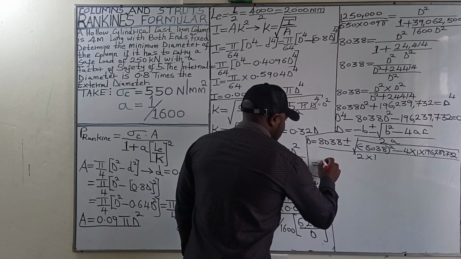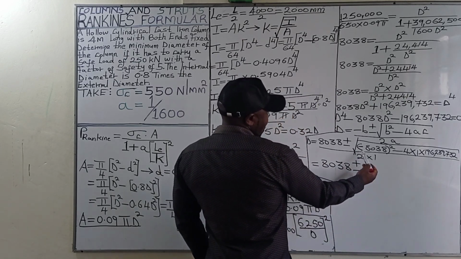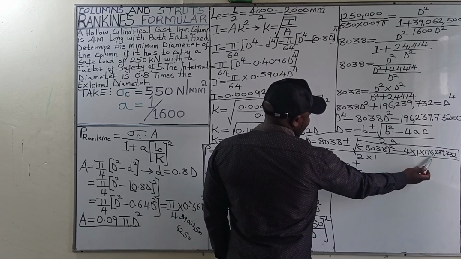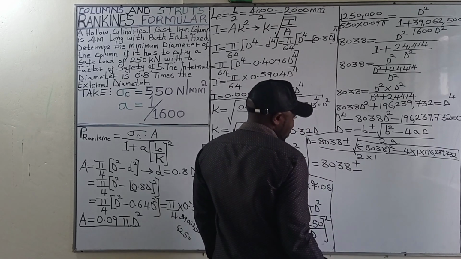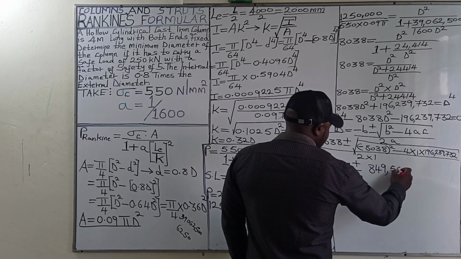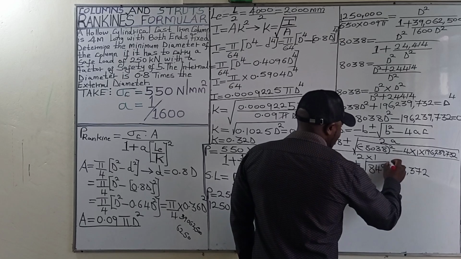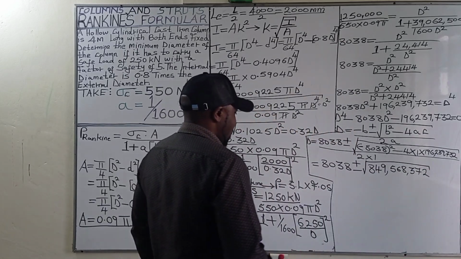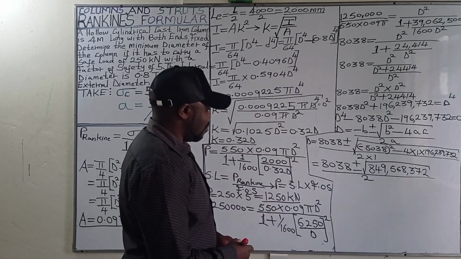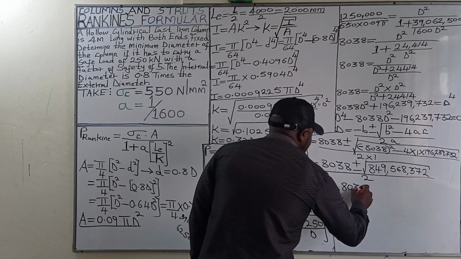This will lead us to 8038 plus or minus the square root of 8038 squared minus 4 times 1 times 196,239,732. All that is going to be 849,568,372, which we are going to determine its square root. And then all this will be divided by 2. 2 times 1 is 2. So this will lead us to